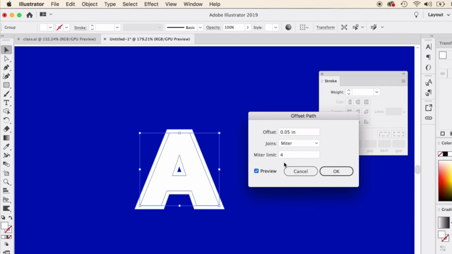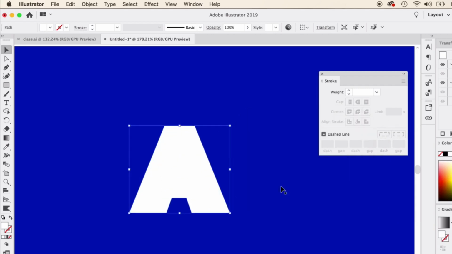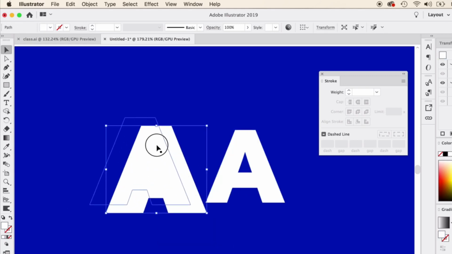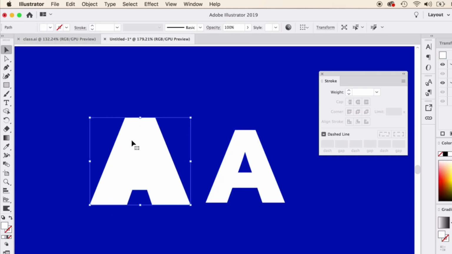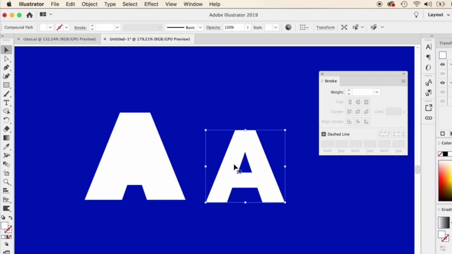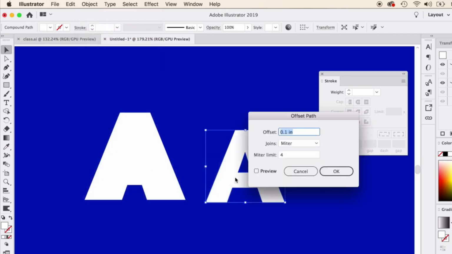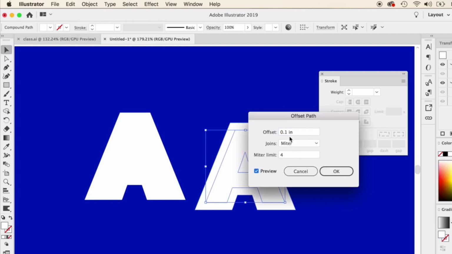So right there I can create that. I can make it a little bit bigger and click OK, and now I have a really different shape. I'm going to ungroup this to have my original A, and I have something a little different. I can continue to do offset path to create something really unique and do different kinds of characters. I can also continue to do Path, Offset Path, just by a smaller margin,